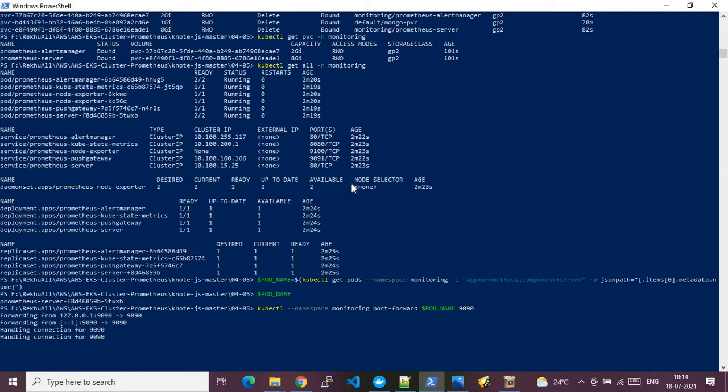So that's it. I have successfully shown you the required steps from scratch to end: how we can configure the EKS cluster, how we can publish an example application to that cluster, how we can configure the prerequisites, for example installing Helm charts on our laptop, and then how we can pull the Prometheus image from GitHub and host that service in the EKS cluster. Then how we do the port forwarding, and once that is done, how we can access our Prometheus tool. These are all the long steps we have covered in this demo.